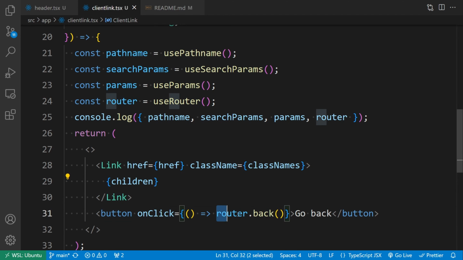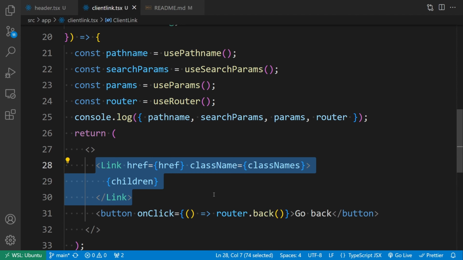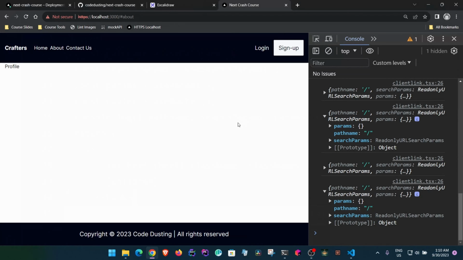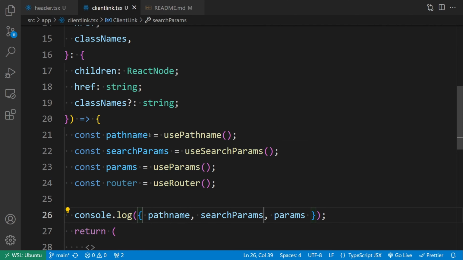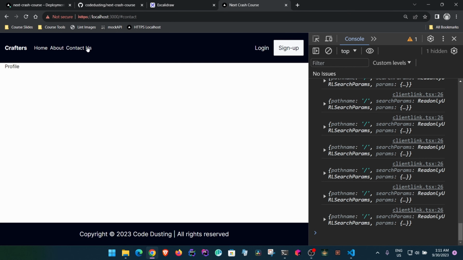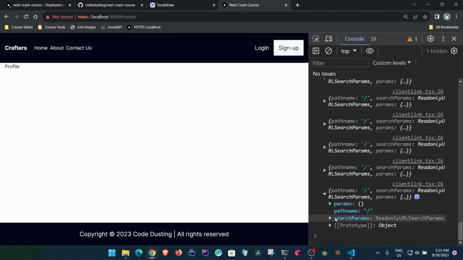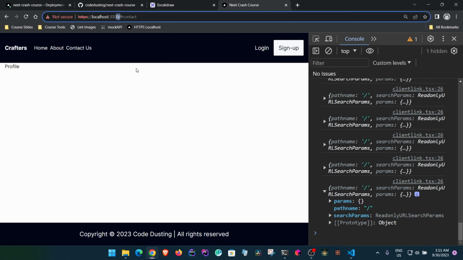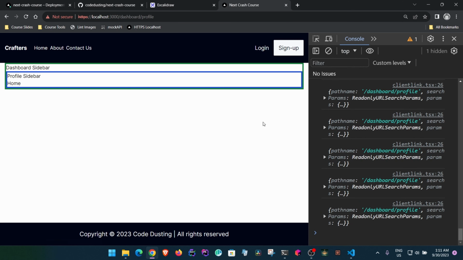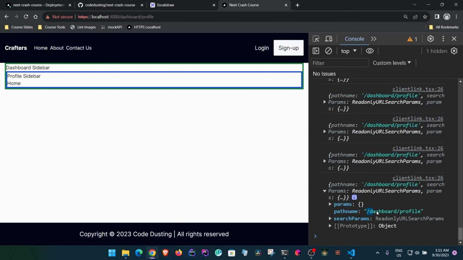Most likely, you will not use the router unless in an extreme situation. And it is also recommended that you always use the link element because, let's put it this way, it is more accessible. So if we have to implement the active link, we have to get the path name to match exactly with what we have right here. But if you look here, the path name is not getting matched at all. I mean, yes, this is getting matched, but this hash ID of the same page is not getting matched at all. If I go to the profile link, you will find that the path name now becomes